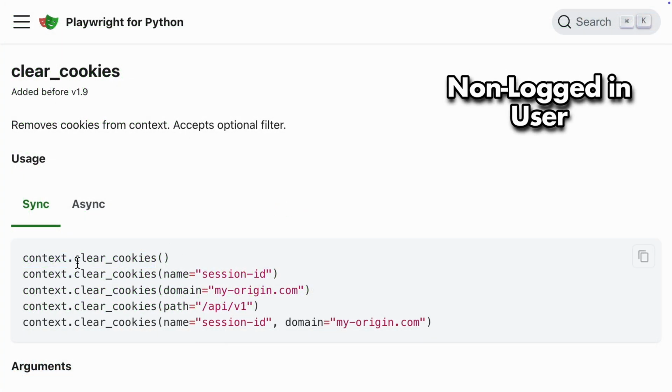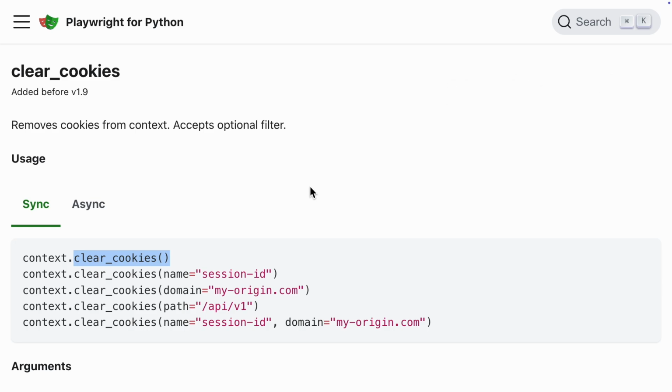And just a quick tip, if you ever need a non-logged in user in your tests, you can simply use the clear cookies method of the context class. That brings us to the end of our